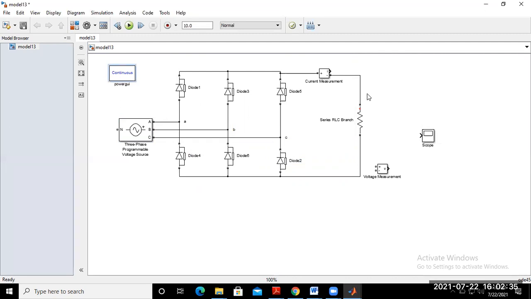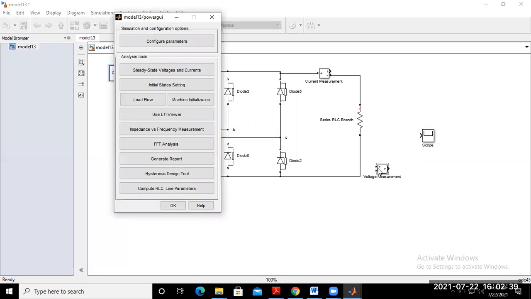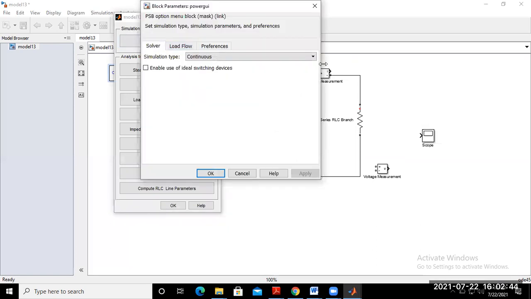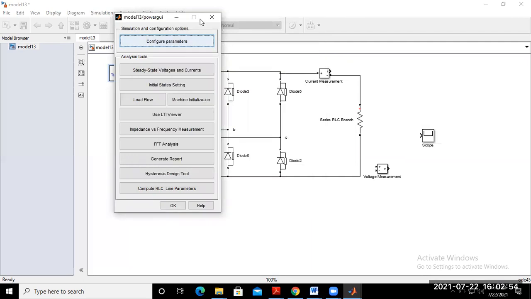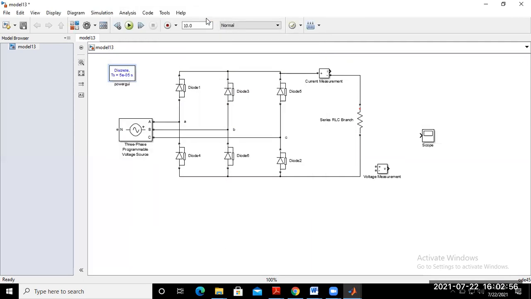This voltmeter is connected across the output voltage of this load. So you go to the configuration parameters, from continuous to discrete, and take the sample time as the default value and just close one. Okay.